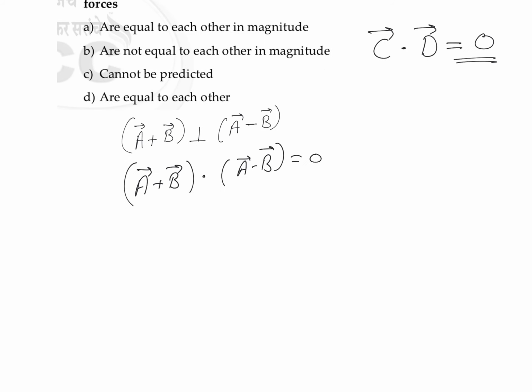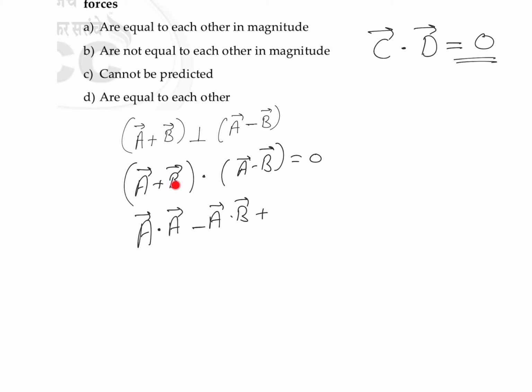So let's find out the value of A vector dot A vector. A dot A is nothing but A into cos of theta. The angle between A vector and A vector is 0, that is cos 0, and cos 0 is 1. So A vector dot A vector is going to be A square. In the same way, we can write the negative sign over here: A vector dot minus B, that is minus of A vector dot B vector, plus